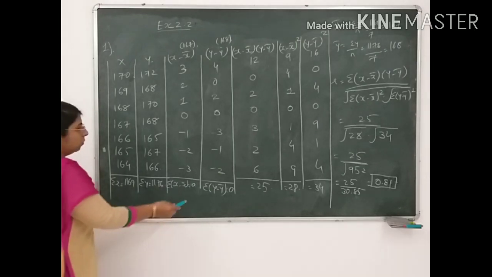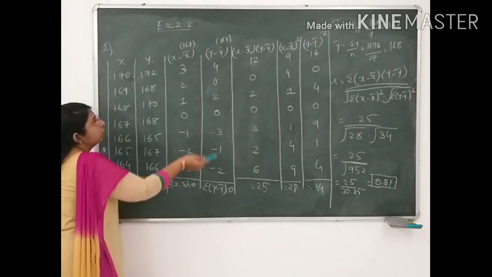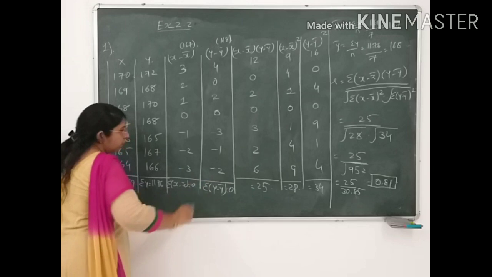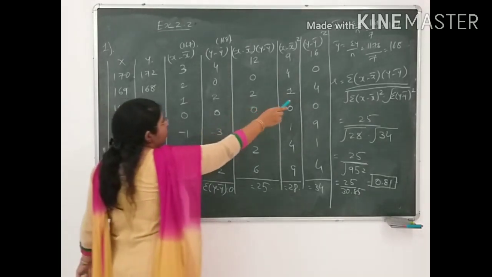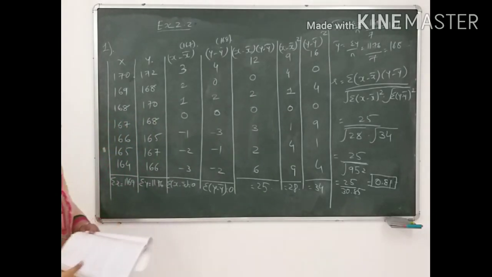Over here also, the value of sigma y minus y bar, that is the total of this column, will also come 0. Now the next part important required for the formula, that is sigma (x minus x bar)(y minus